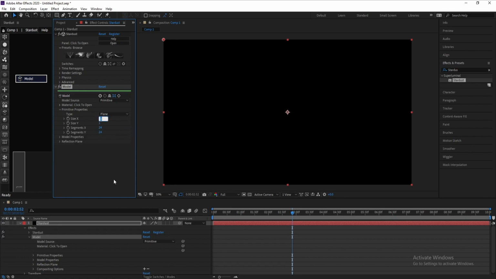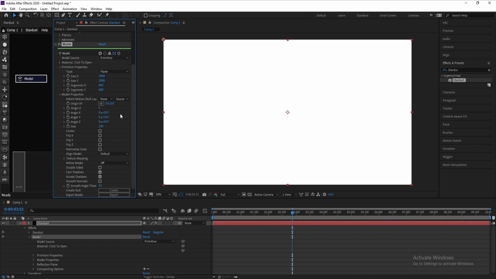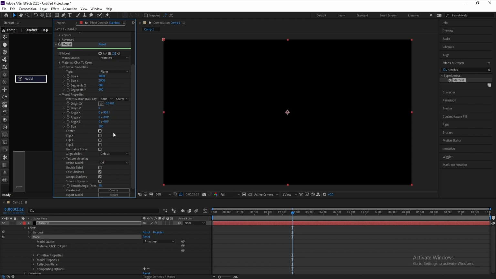Then size X, I'll change it to 2000. Size Y to 1000. Also segments X, I'll change it to 600, and segments Y also 600. Then I'll go to model properties and angle X, I'll change it to minus 90 degrees, and now I can see